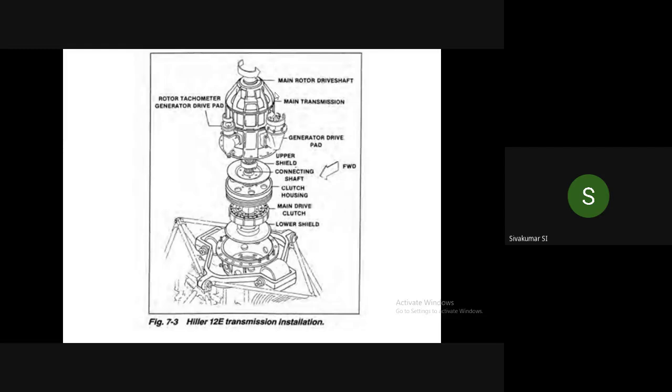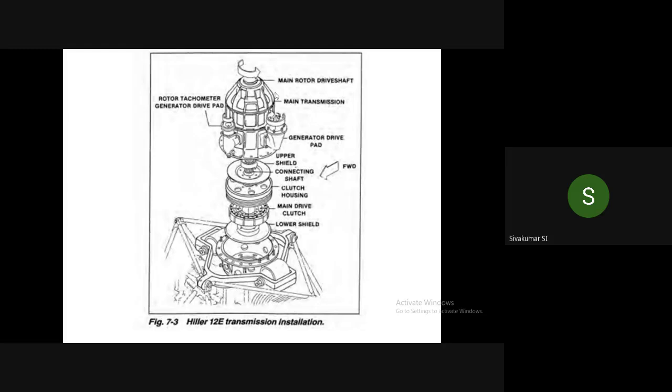So the typical transmission system has mainly the clutch assembly, and inside the transmission system there are gear assemblies and all that. They are not shown in this picture. And the transmission system is not only helping to transmit the power to rotate the helicopter main rotor,